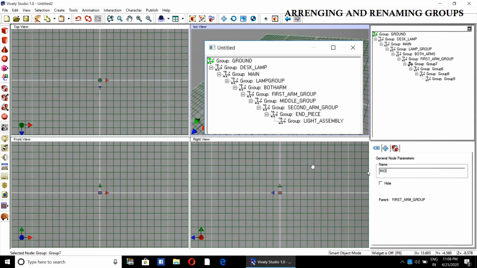Instead of middle arm group, which will be a little bit confusing, you use middle group. That will be more convenient and logical also. Then the second arm group.